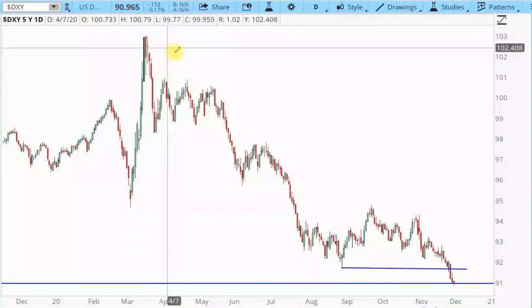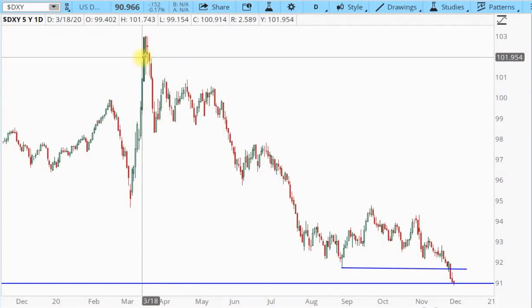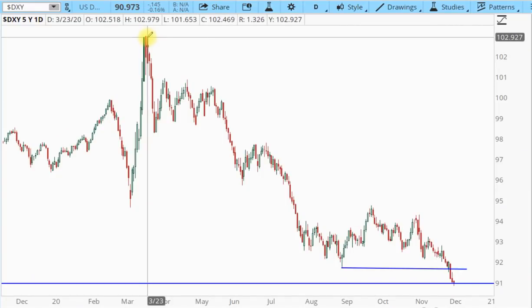Remember way back when all the dollar bulls were telling us that the euro was going to collapse and the dollar was going much higher? Well, those predictions aren't looking so rosy at this point. The dollar's been in a bear market, just like I said it was, and it started back in early